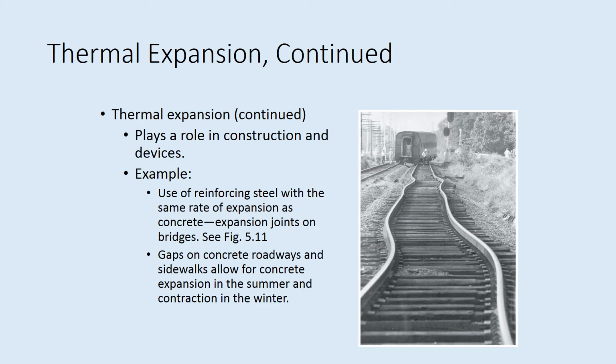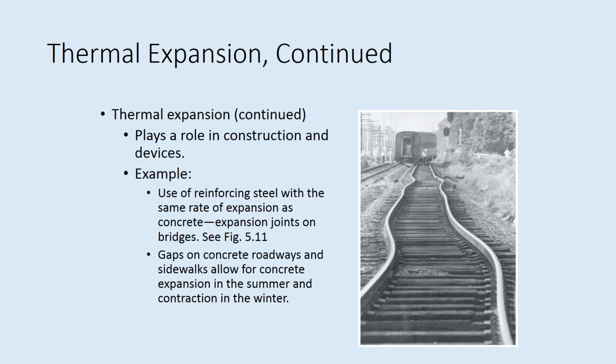So one way to avoid this is to put in a filler material that is less rigid than the steel, so that when the steel expands, it can absorb that extra length without bulging at the surface. So